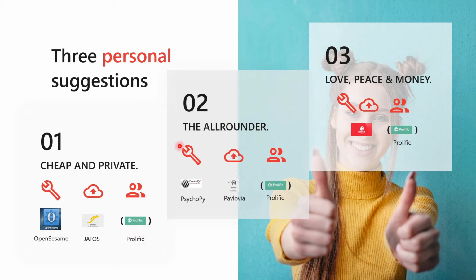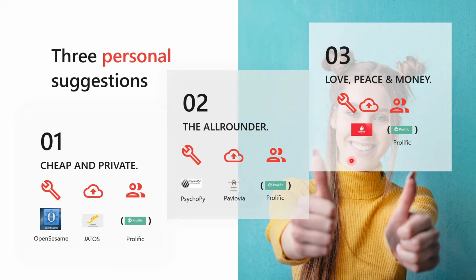So the all-rounder, which is, I guess, as a combination of tools most often used, is PsychoPy and Pavlovia, because PsychoPy just offers a general export function within the PsychoPy builder to host stuff on Pavlovia. This is called the all-rounder because it's often used. There are many resources available, and there are tutorial videos and some workshops, and it's in quite active development. However, Pavlovia costs a monthly fee or a per subject fee.